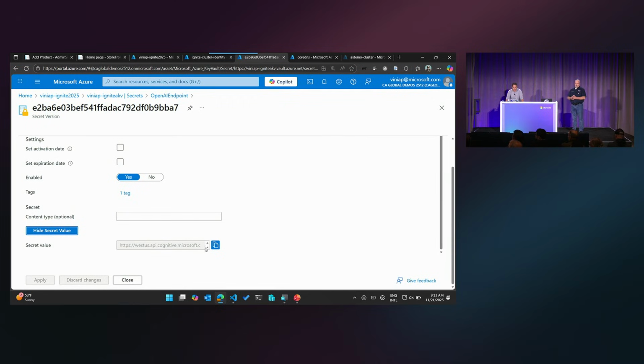It's an HTTP endpoint that I can point my application to. The thing is, when I deploy in a testing environment, I might be using one endpoint. When I deploy in a production environment, I will be using another endpoint. All I have to do is point that deployment to the right secret so the application will know what endpoint to talk to, what database to talk to, and so on.